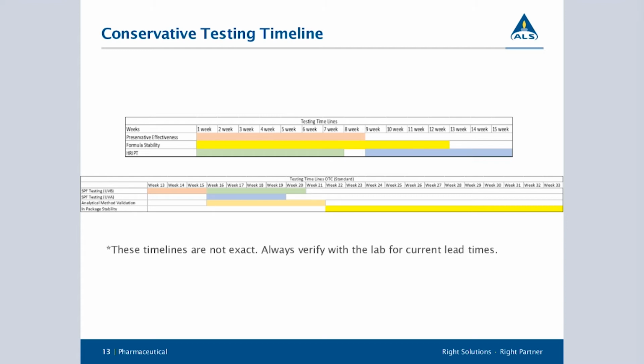Then you could get into your second set of tests like your efficacy, the SPF. You have that 3 to 5 weeks at first here where you get your first 3 subjects. If everything looks good there, then you can be off and running with your UVA, your method validation, and looking at your package compatibility. This is sort of a more conservative timeline that tries to save on budget in case a formula doesn't fare well.